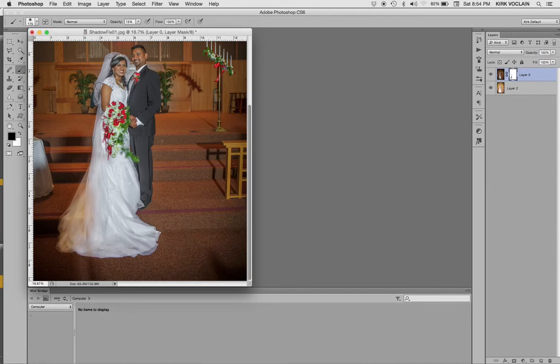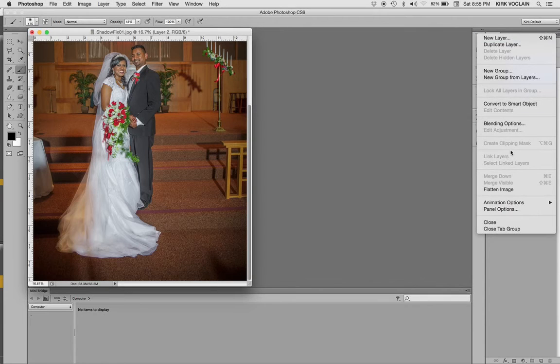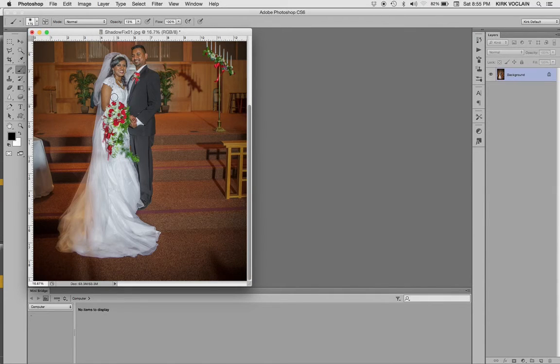Now the one last little trick, just to show you before how much we cleaned up. We picked up all of these areas. See that? Alright, let me flatten that down. And the last little trick I'm going to want to show you, let me absolutely flatten it. Okay, the last little trick I want to show you is to take your dodge tool